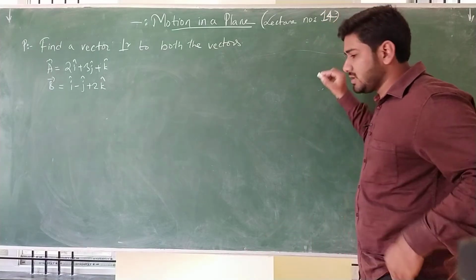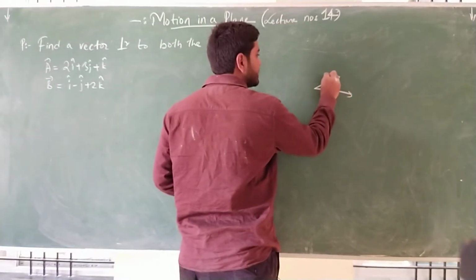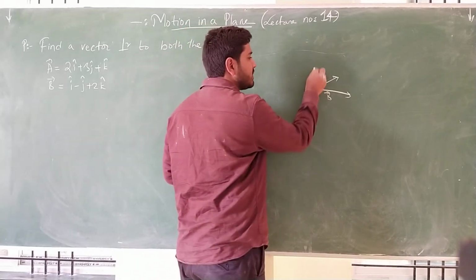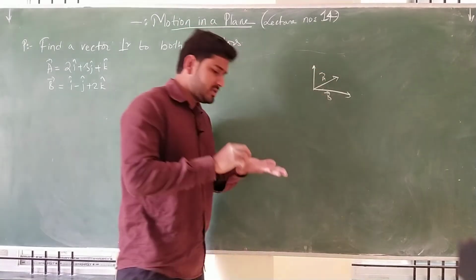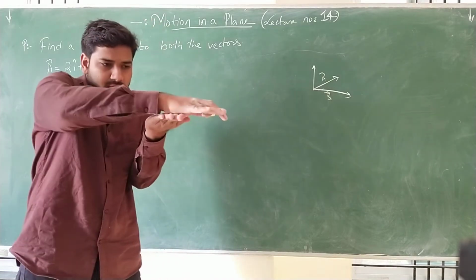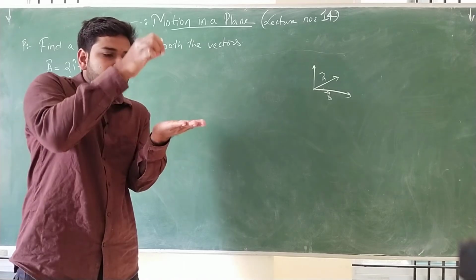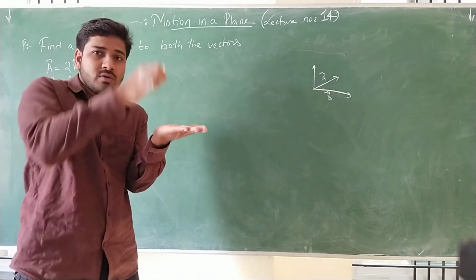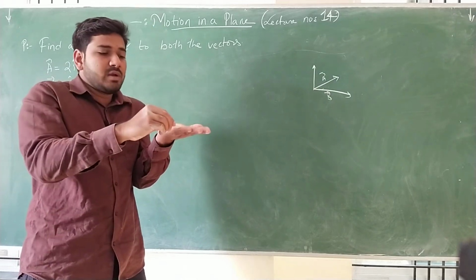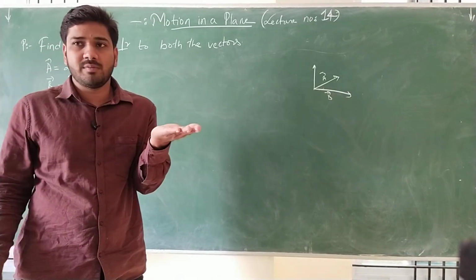See, I have already said, there is a vector A and vector B. This will be vector A, this will be vector B. And we know the direction of A cross B will be like this. Means if vector A and vector B are in this plane, then the direction of A cross B will be perpendicular to this plane. So if it is perpendicular to this plane, then it will be perpendicular to vector A also and it will be perpendicular to vector B also.